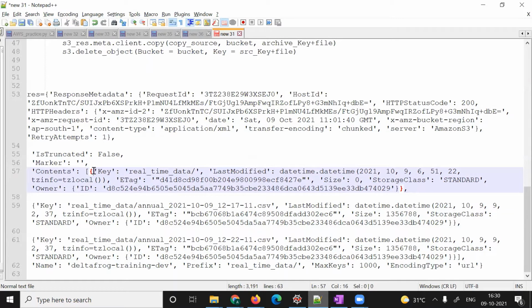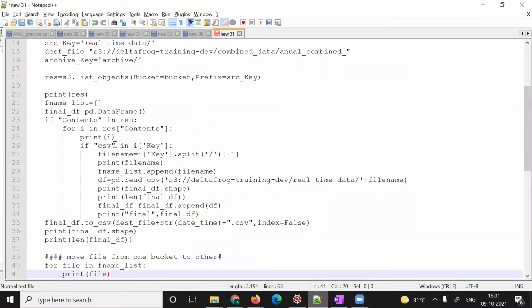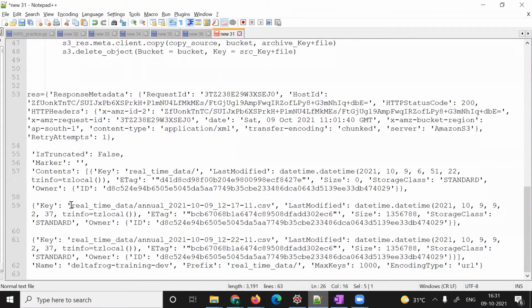From the list element, I'm taking the key, and if the value contains CSV, that only I'm picking. Okay, CSV, then I'm picking this one, from here to here.